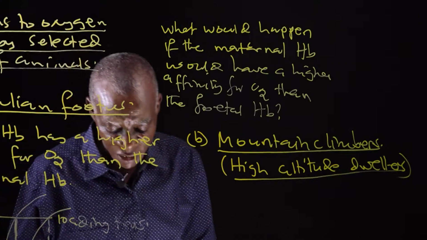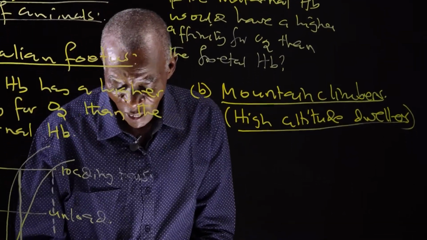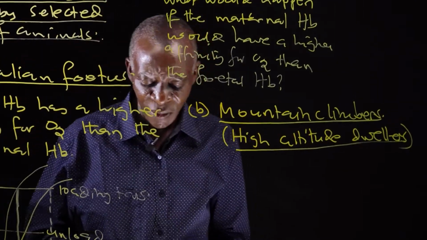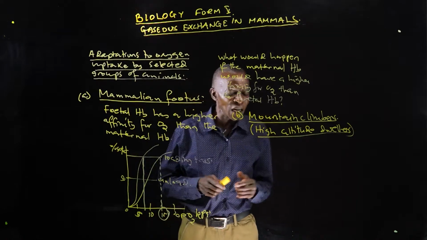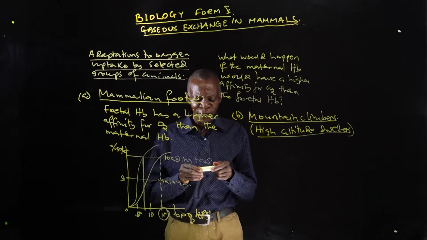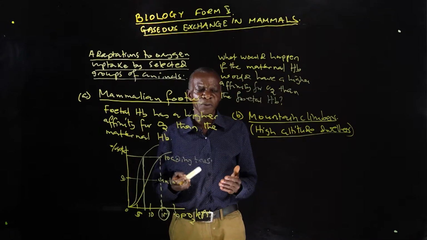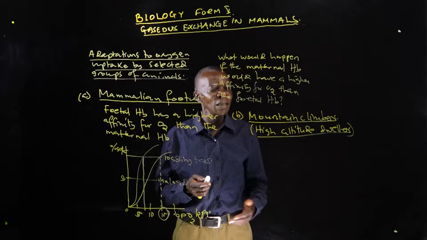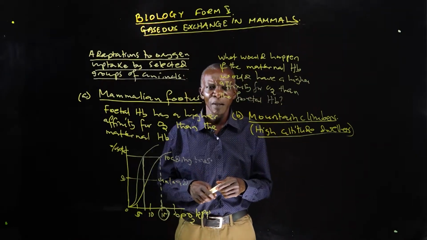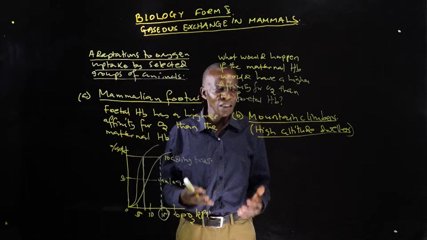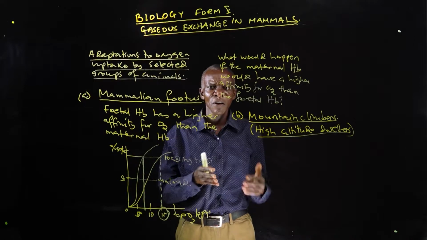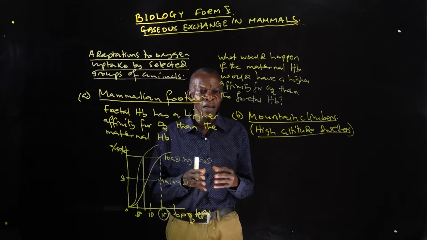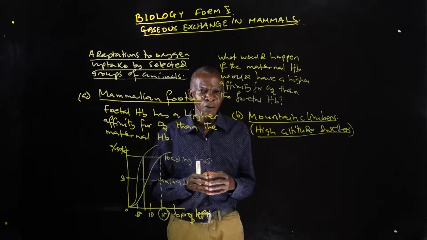Those mammals that live in high altitudes, or mountain climbers. What adaptations do they have as far as oxygen uptake is concerned? Of course, by living there, or by having the habit of climbing the mountains, with time they develop some features that make them survive in those particular areas, because there are some conditions that have to be coped with,